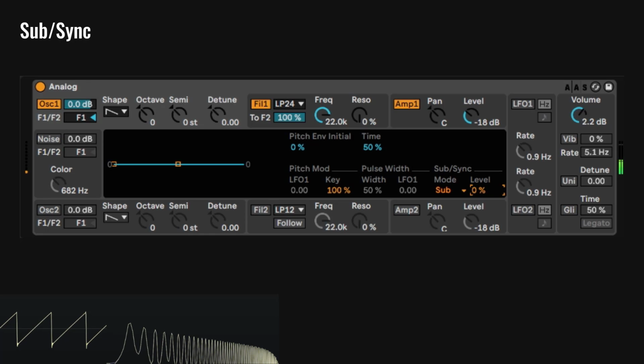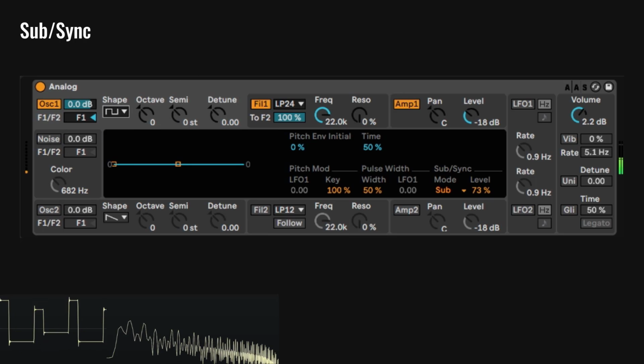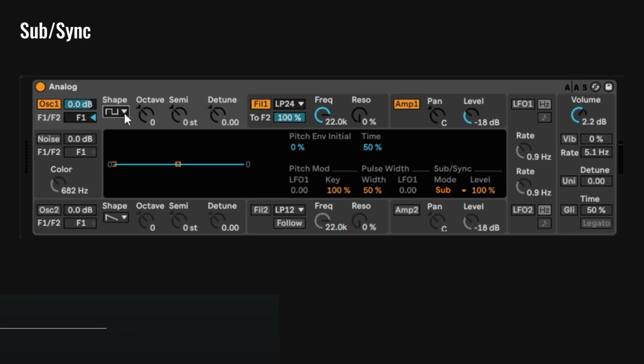If I go down, one oscillator. If I go up, we get that sub. And notice that everything is a saw. So if I change this to a square, everything is going to be square, right? No sub, more sub. Now, if you go to a sine wave and I go right there,